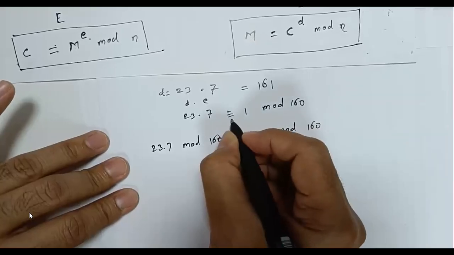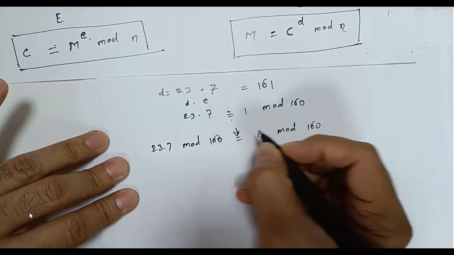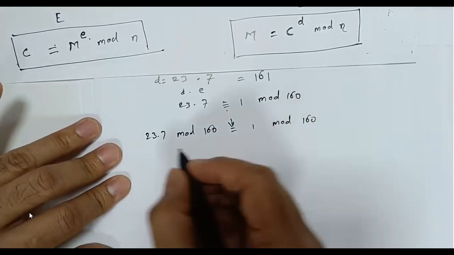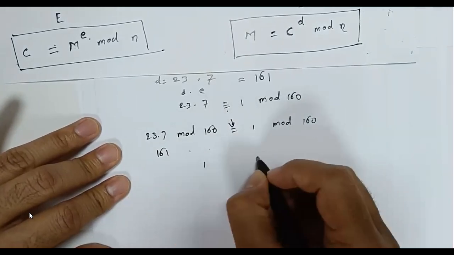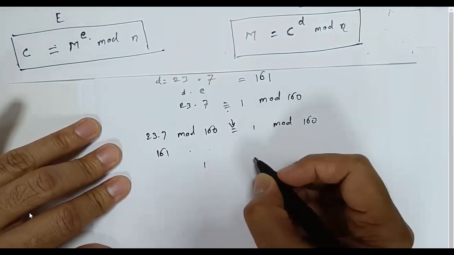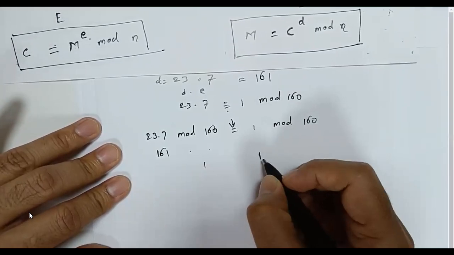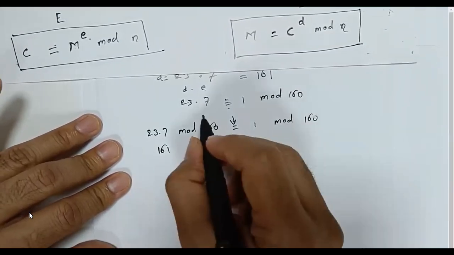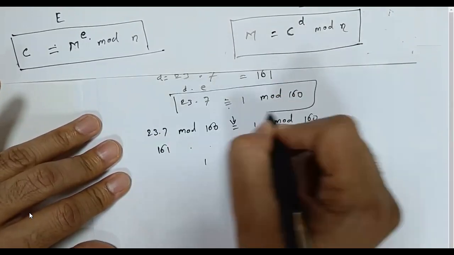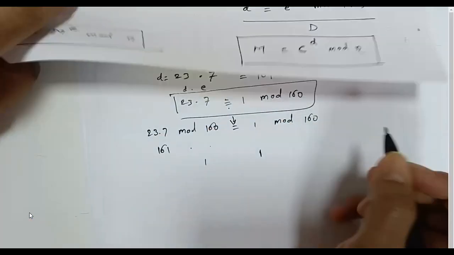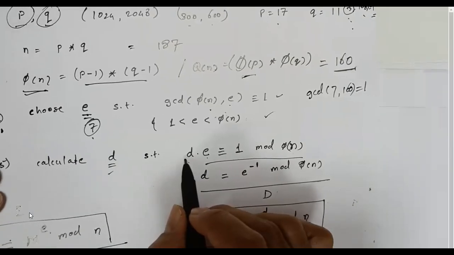So this congruence relationship, I am resolving it to the equation. So 161 mod 160 is 1, and both the sides give you the result 1. So that's why this condition is satisfied. Okay, which condition? We have to